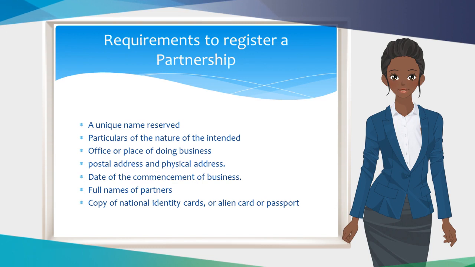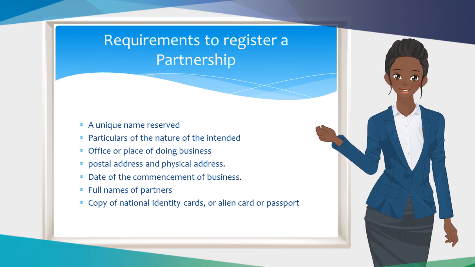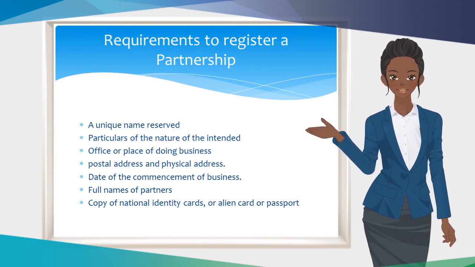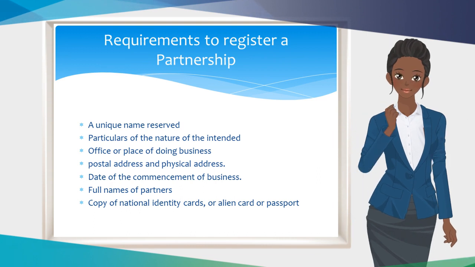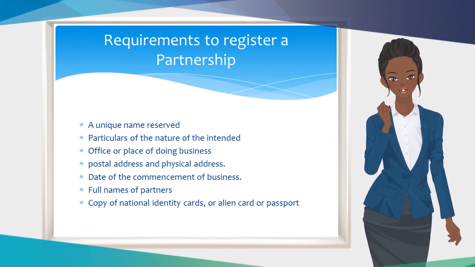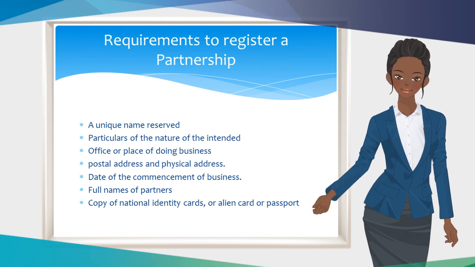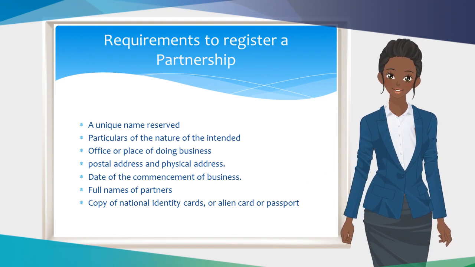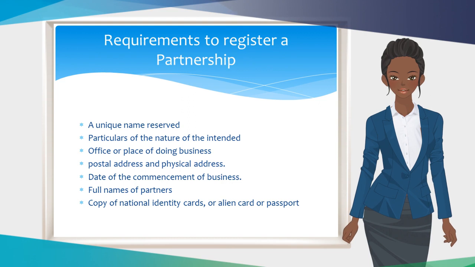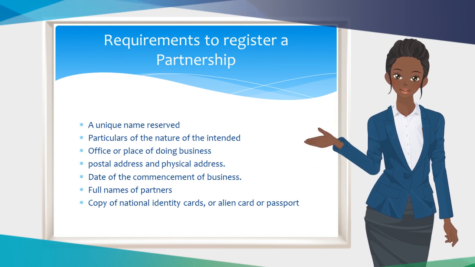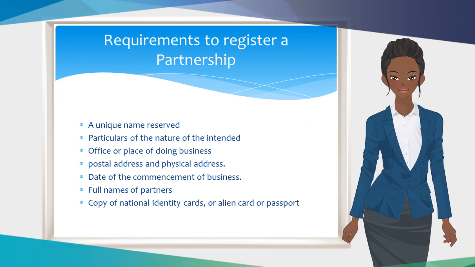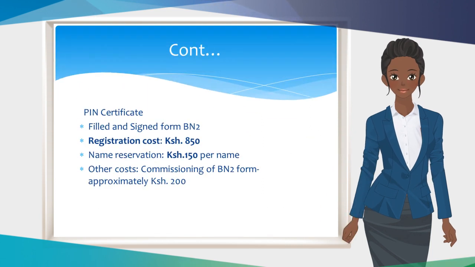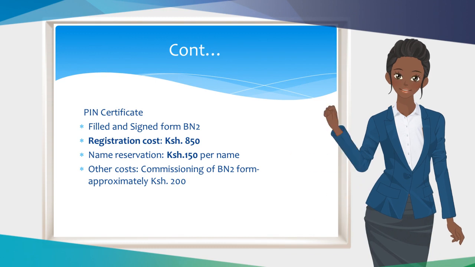A general partnership. For this, you require a unique name reserved, particulars of the nature of the intended business, office or place of doing business, postal address and physical address, date of the commencement of business, full names of partners, copy of national identity cards or alien card or passport, PIN certificate, filled and signed Form B2N,